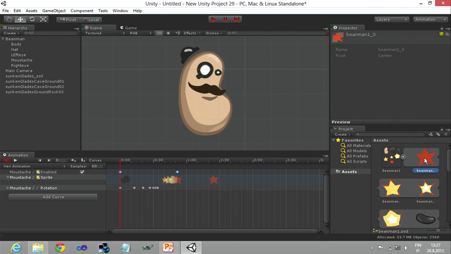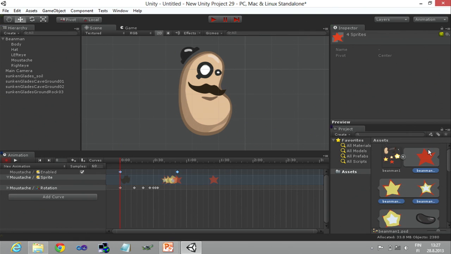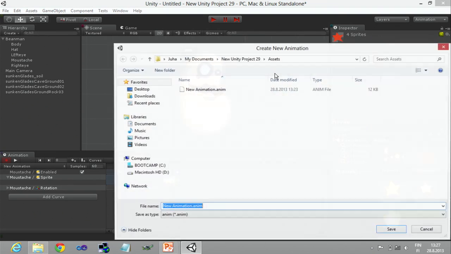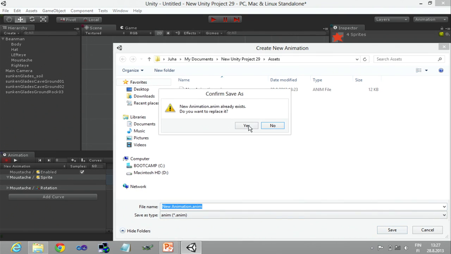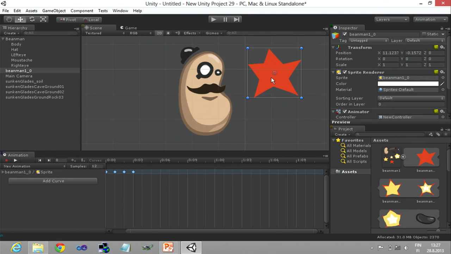Oh yeah, so you can also create a new animation by selecting these 4 sprites. And if I drag it here, it creates a new game object with new clip and new animation. So that's a quick way if you have a frame-by-frame sprite animation. And also one thing to note here is that